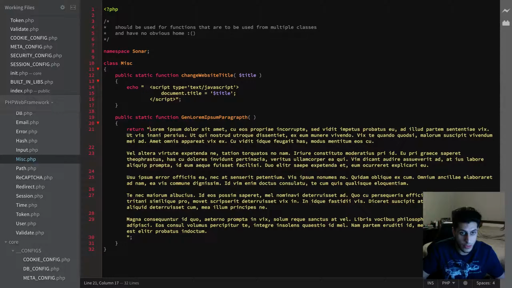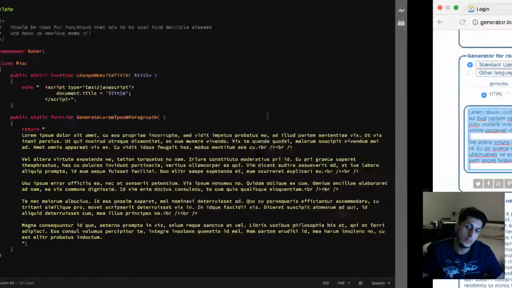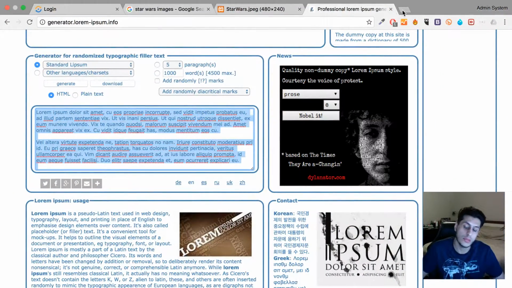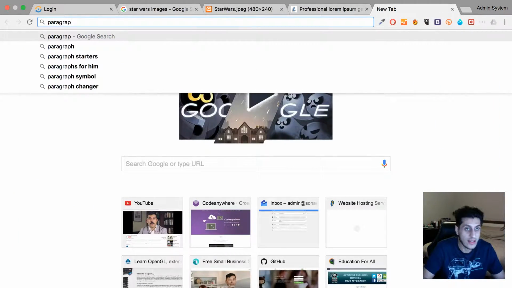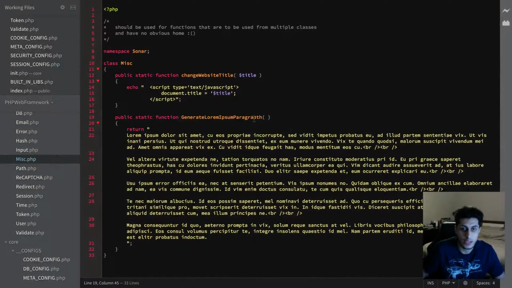Actually, you know what? I'm going to put this on a new line like so. I'm going to put a couple of break lines. Okay, that's all good. So I'm going to put this generate lorem ipsum paragraph. That's spelled paragraph correctly? No, it's with a PH, sorry, graph. So if I go back to this,